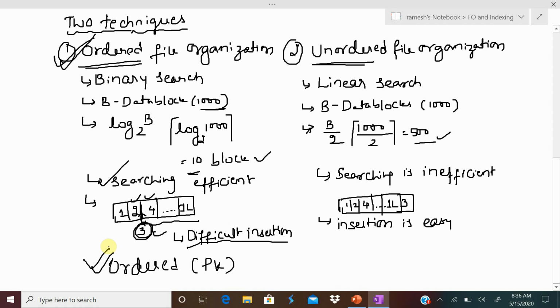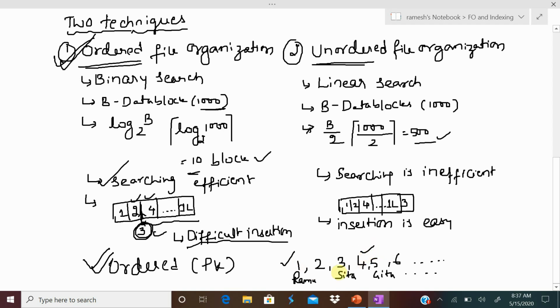Now coming to a point, if my student records are stored in the order of roll number, just assume a case where my student records are ordered according to their roll numbers, 1, 2, 3, 4, 5, 6, and so on, like 1 Ramu, 3 Sita, and 5 Geeta. If you want to search student records with respect to roll number, because the file is ordered by roll number, searching is easy.